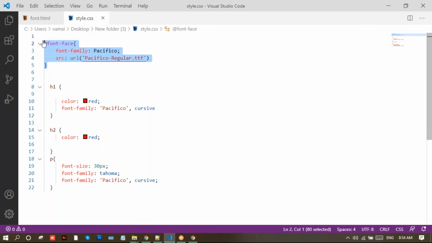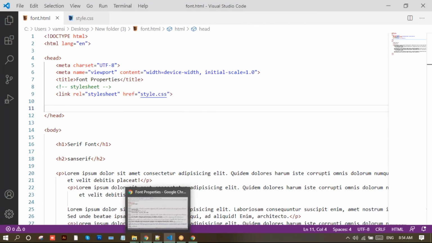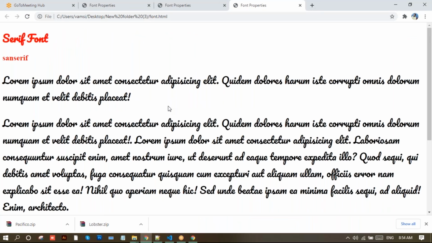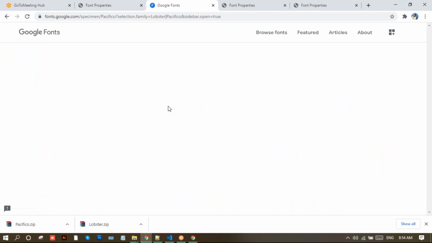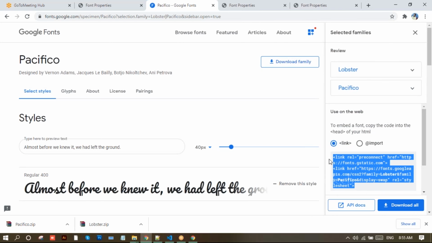If you want to use this online, just do one thing. I'll put it in the comments. Now I also remove this one here. Now here, this is an offline font. If you want to give this online, then go to this browser. Now here we have the link option. Just copy this link